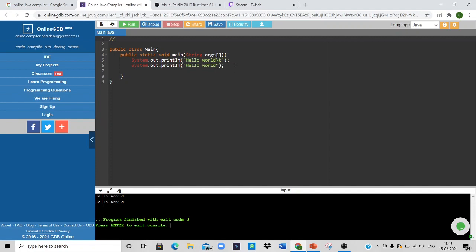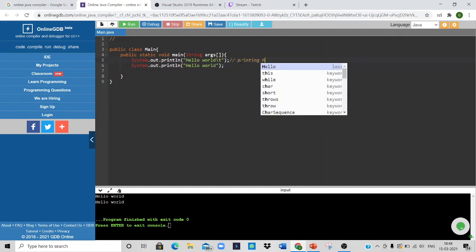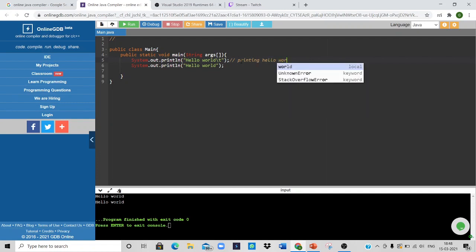For example, here I'm giving a comment for this System.out.println line. What is the meaning of this line? We are printing hello world. It finished in a single line itself.